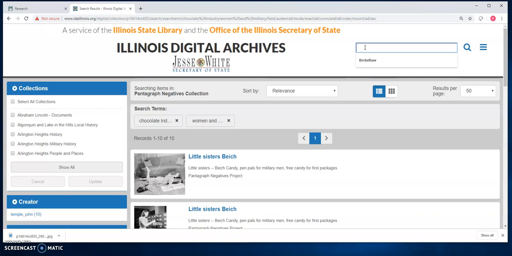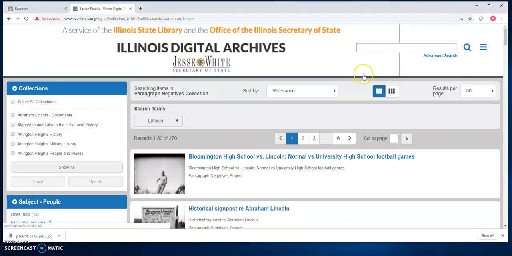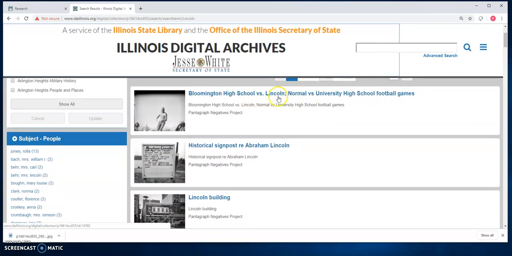You can also search for places. You can search for a place like Lincoln, Illinois, if you're looking for information about Lincoln. When you do this search, you're going to find that Lincoln brings up images for the city of Lincoln and the high school, and also Abraham Lincoln or buildings named after Lincoln, or even the Lincoln Grade School. So you can